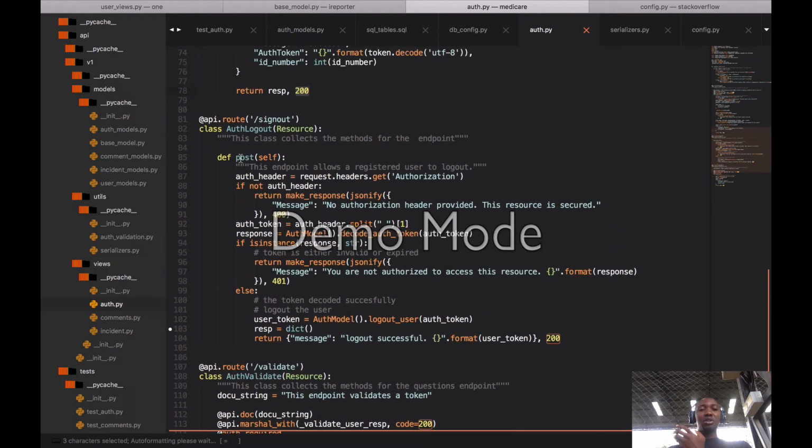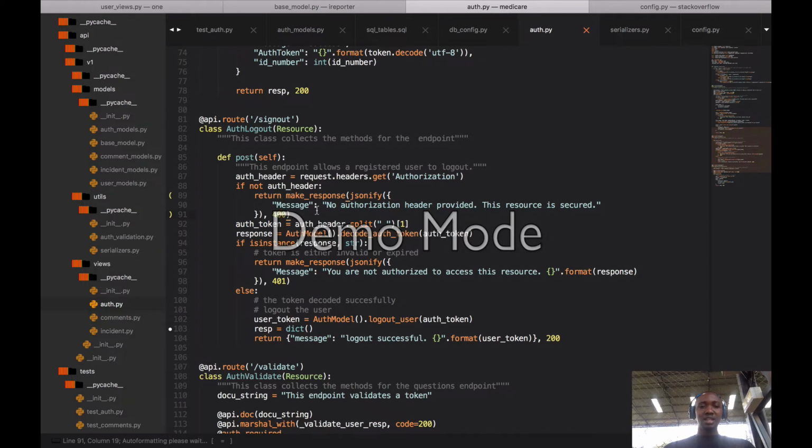The same thing is what I'll be doing for the sign out. So the sign out is what we have for the logout thing. But the difference here is this one expects an authorization header, and that is most probably the biggest difference. If it looks for the authorization header and you just say request.headers.get authorization, and there's no authorization header, raise this. Is this a bad request? This should be unauthorized. So instead of saying return this, I can just come here and say